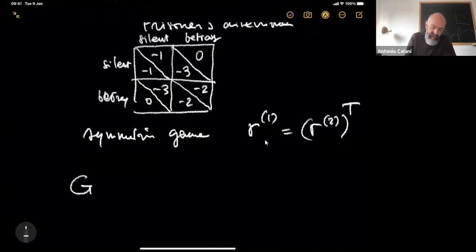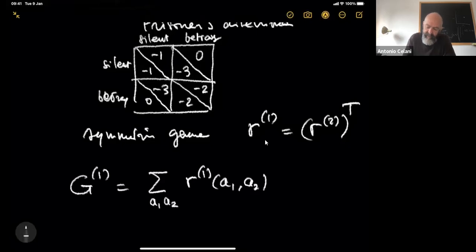So the goal for agent 1 is expressed in terms of the sum over all the actions taken by agent 1 and actions taken by agent 2, the payoff matrix for agent 1, times the policy adopted by agent 1